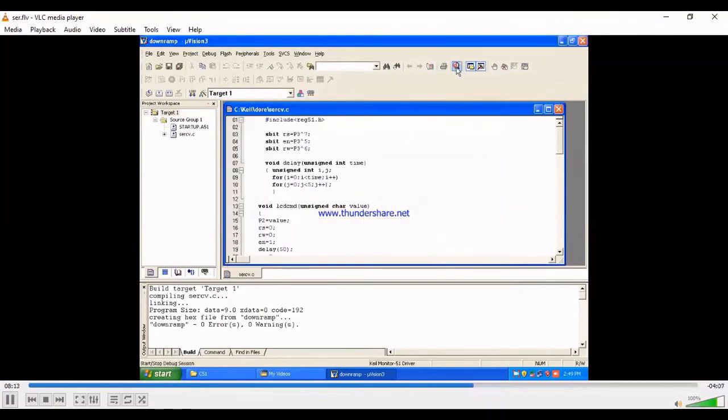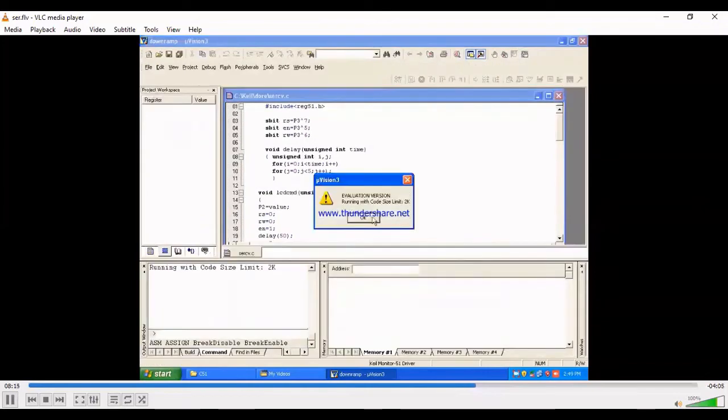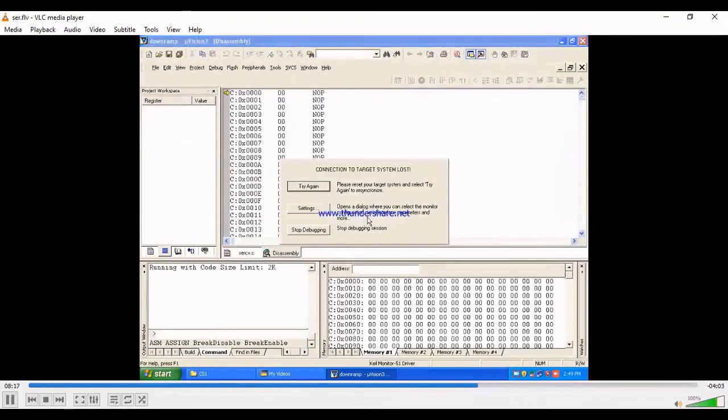Now go to debug, start and stop execution. Since the 8051 kit is not reset, it is showing like that.